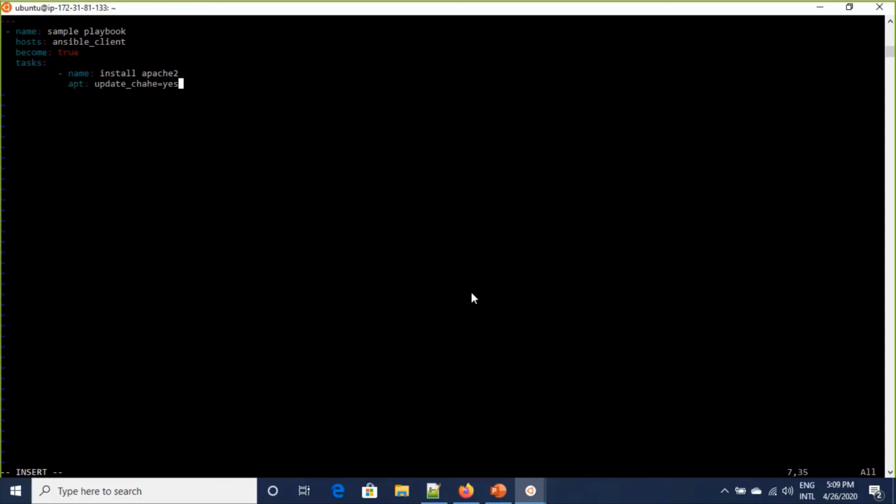If your syntax is okay, it will give you the playbook name itself, that playbook apache2. So now we can execute the playbook.